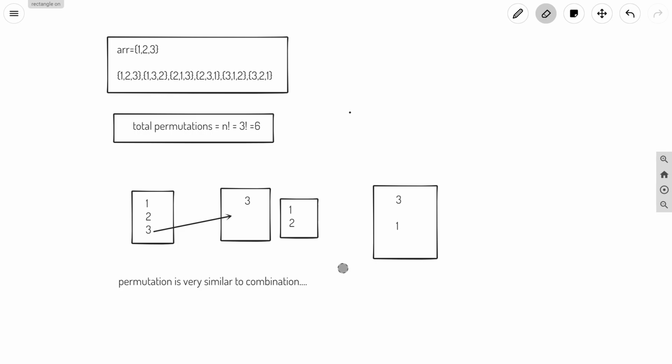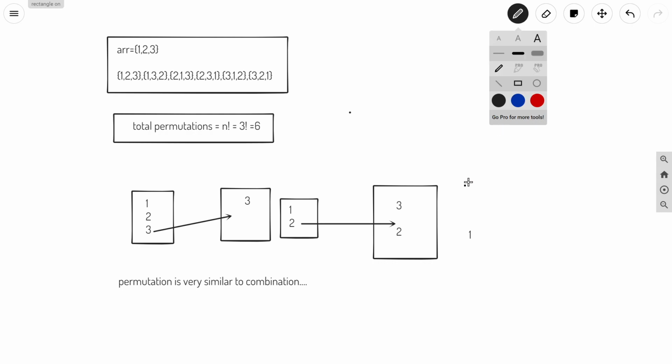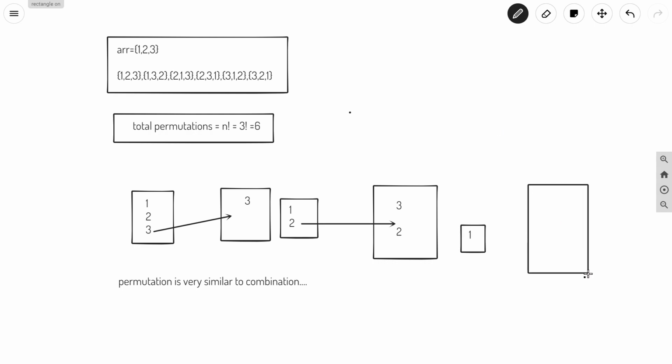So basically what we have done here, we have added 1 here. Now we will add 2 in this case, so we will remove 1. Initially 3 was present, and we will add 2. You can see that we have pushed back 2 here, and again we are left with the number 1. We will push back this one. So our vector is 3 and 2, and we push back 1 here. This is going to be our final vector, and you can see that it is also of size n. So we can just store it.